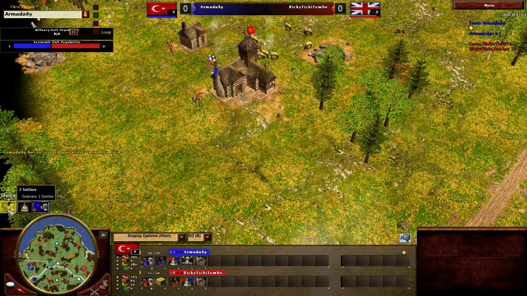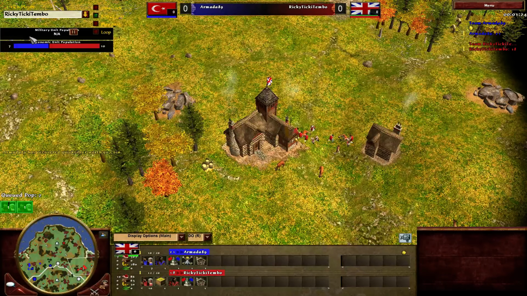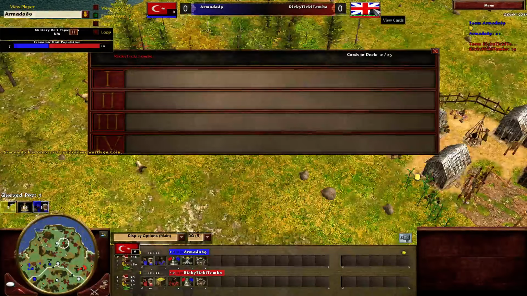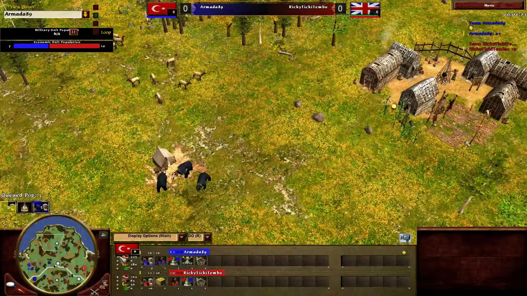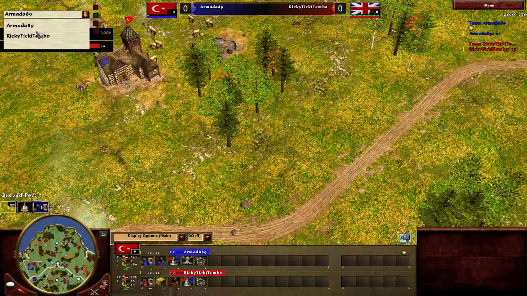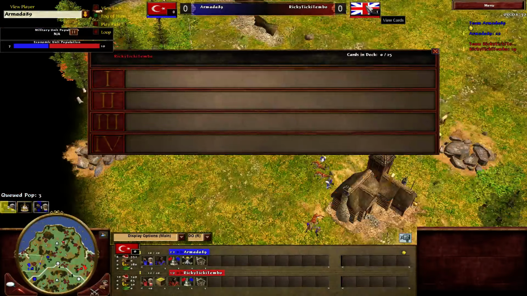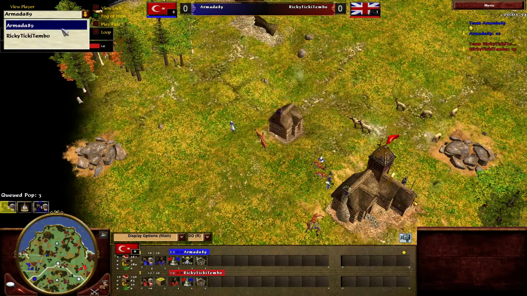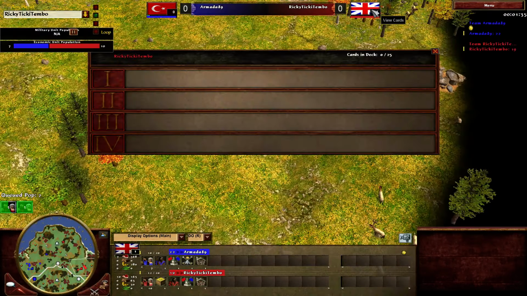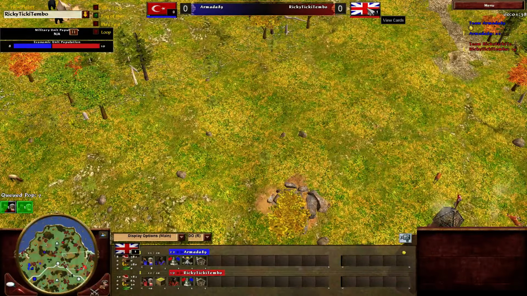3 villas for Ottoman. Yes, so nothing very special happening. Brit doesn't have a deck selected yet, it seems. He just got his first shipment, so... Oh wait, no, never mind, it was the British that sent the 3 villas. Wait. I feel like the UI might be a bit bugged in recordings, but...